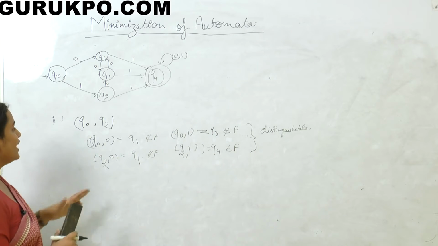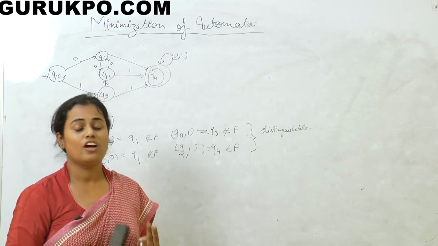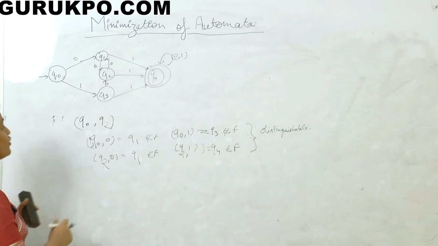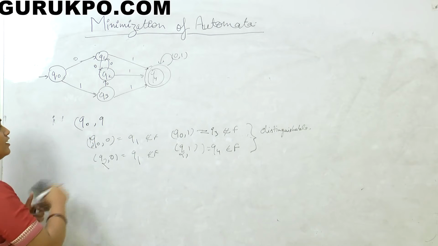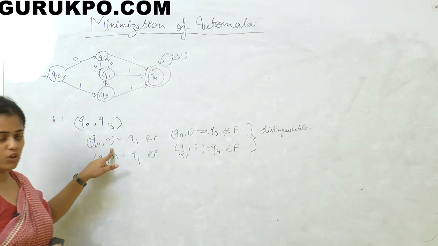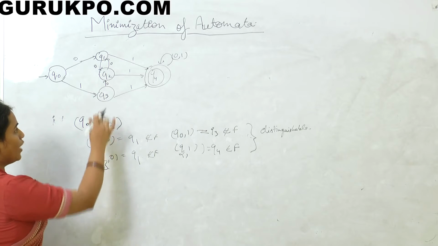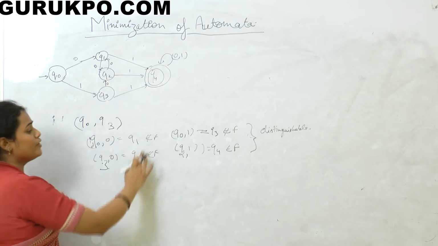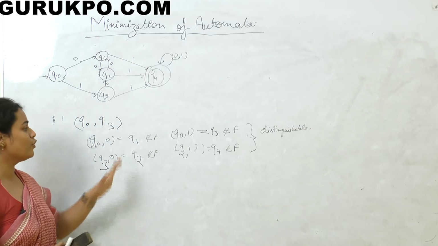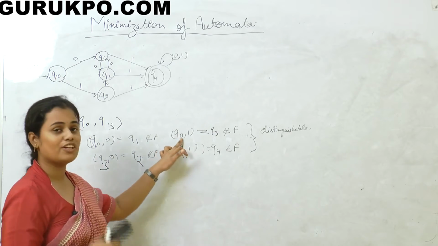It is very much clear that for Q0 Q1 and Q0 Q2, we cannot merge Q0 with Q1 or Q2. Now we have to check these things again with Q3. At Q0 I am giving 0, and I reach the state Q1. At Q3 when I am giving input 0, I reach the state Q2, which does not belong to the final states, and Q1 as well does not belong to the set of final states. Now we will check for another input.